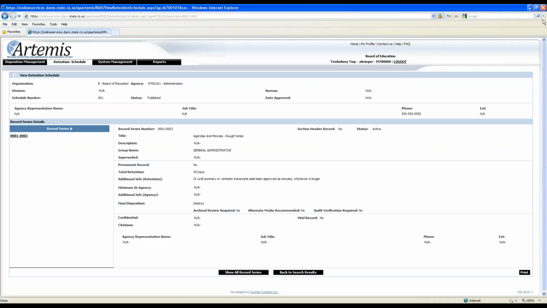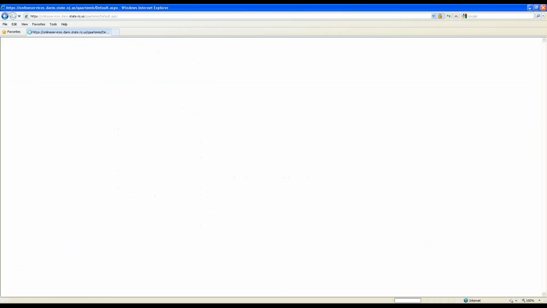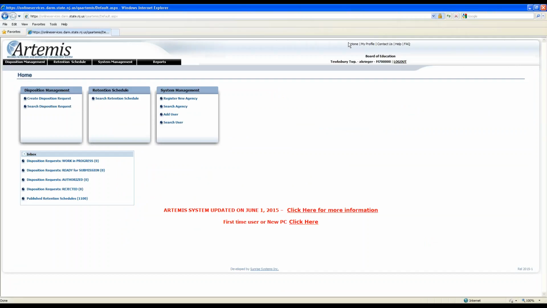So again, Martin, I hope that answers your question. That's what it looks like for your notes. To be honest with you, I've never seen that before, but that was a good question and we got a good hit on that. I just wanted to show you how quick it was to do that search. Think about if you had that paper retention schedule, how long it would have taken you to flip through page after page trying to find that record series number.